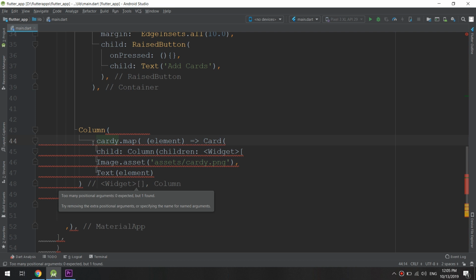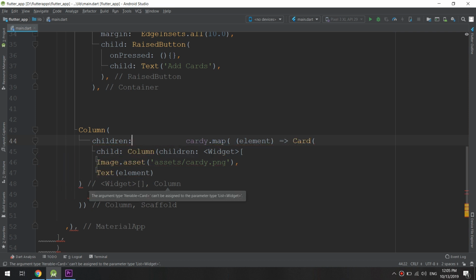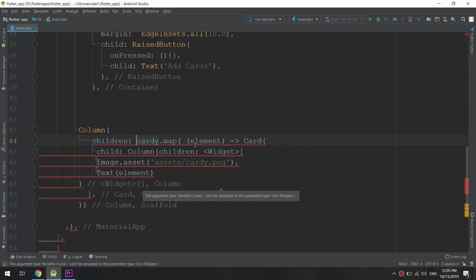So now this column contains a list. So this contains children. So what are the children? Children of the column. Children will be contained as a list. So I'm making children a list. Children map